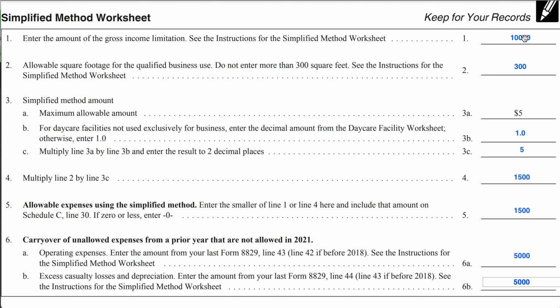So if some of the income is from a place of business other than your home, then you need to determine the part of your gross income, which is from line 7 on Schedule C, and then the gains reported on those various tax forms. So you have to determine the amount of gross income that is allocated to your business use of your home. And you would need to consider how much time you spend at those locations, as well as other facts that the IRS may take into consideration when it comes to how much the business use of your home actually contributes